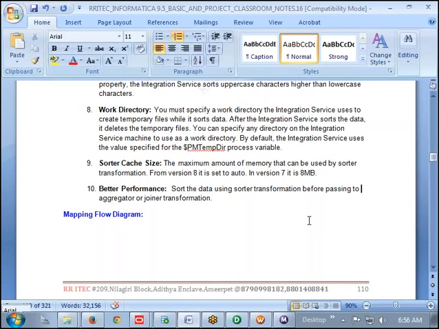See, one thing I want to clarify. Order by, we are not entering the data into the target in order by manner. I am saying that before aggregator or before joiner transformation, if you use this one, the performance is going to improve.